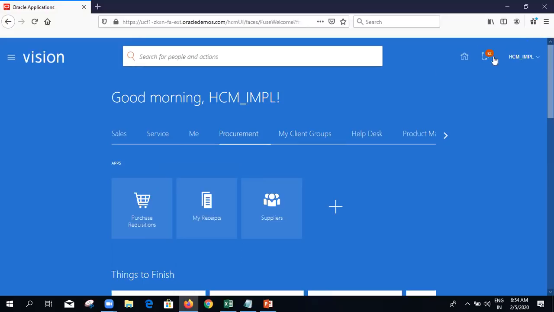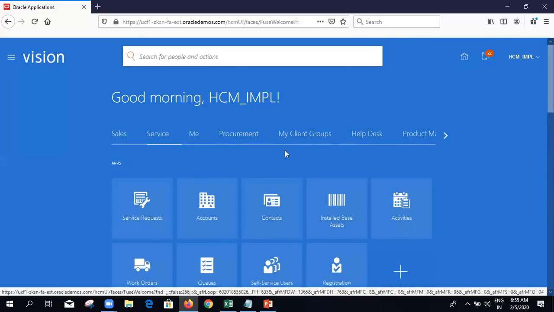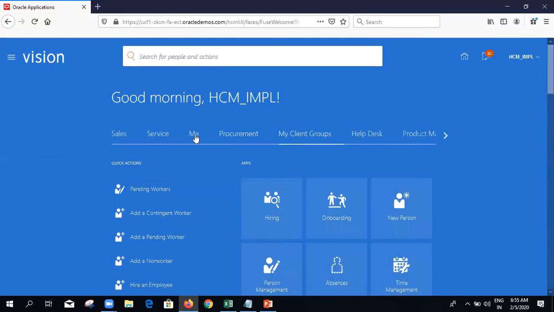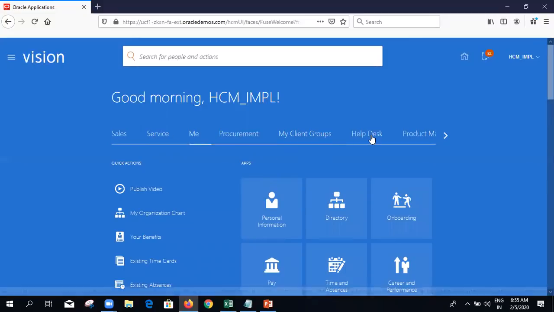That's why this particular user is able to see all the functional areas available. But if I attach only the HR related role to this employee, then he will not be shown all these functional areas. Only my client groups, about me and some help desk, these areas he can see. The rest of the things he will not be able to see here.